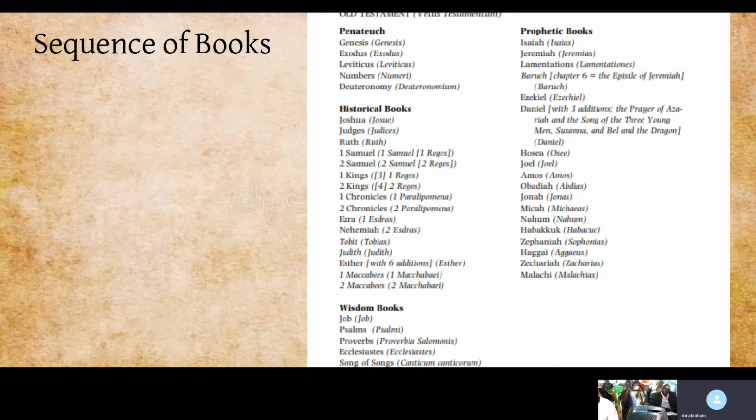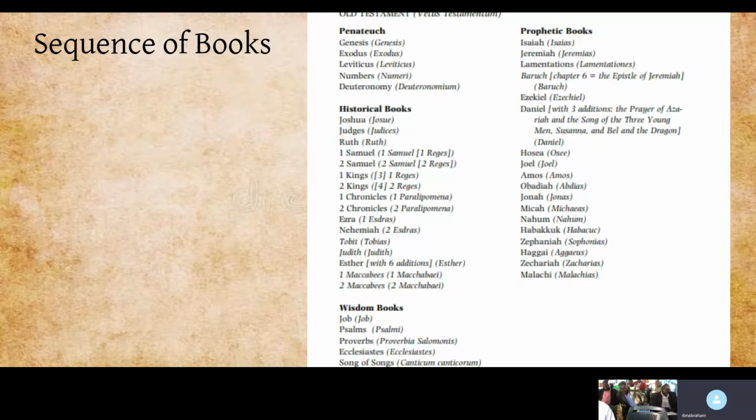And then if you look in the historical books, down toward the bottom, you'll see there's Tobit, Judith, 1st and 2nd Maccabees. And if you look down in the wisdom books, there's a section called Wisdom, and in there is something called Wisdom of Solomon and a book called Ecclesiasticus. And then the prophetic books are pretty much the same, except that in Lamentations, you have also something called Baruch,